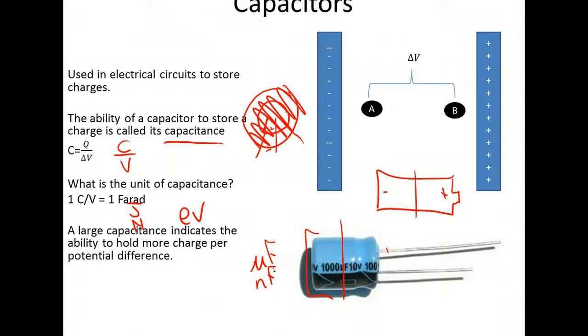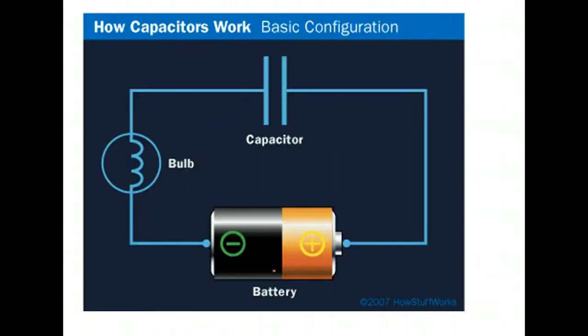Doing okay? All right. And so when we see a capacitor in a circuit, and when we do circuits, we'll do more of this, it looks just like parallel plates, even though that's not what the real thing looks like, right? Just like a real light bulb doesn't look like this. This is the symbol that we use for a capacitor, because we use parallel plates to understand them. Capacitors store charge. That's all they're meant to do. And so when I run this circuit,